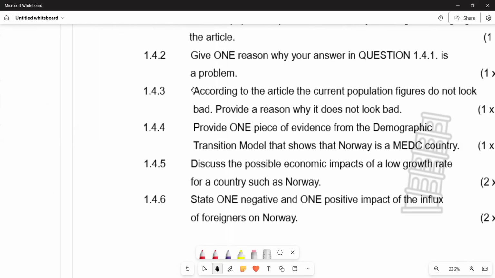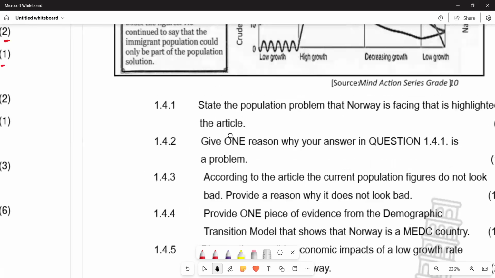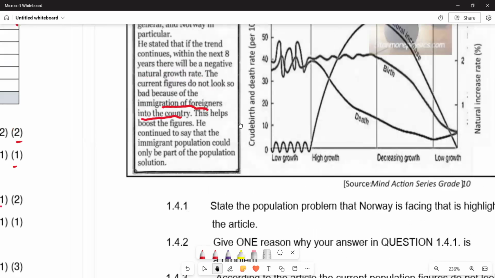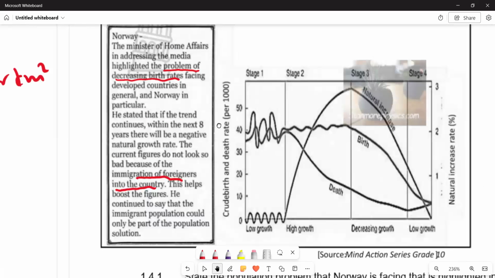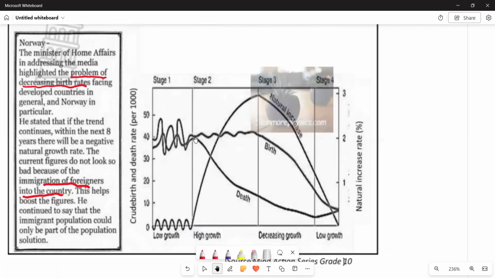So we go there and try to see what evidence we can deduce there. If you go to the graph, we are going to see that we are having